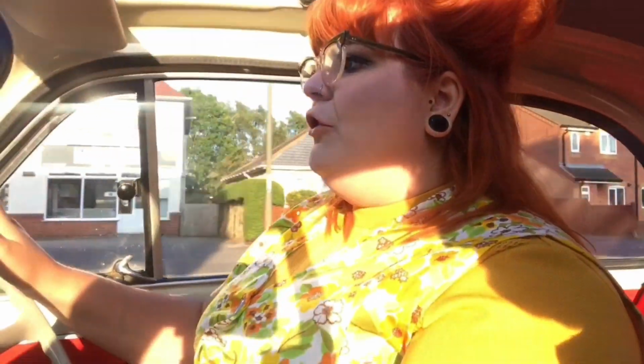I think if you were going on motorways every day like me, you wouldn't want to take one of these out, because whilst it is very nippy around town, I wouldn't fancy my chances on the M1, especially now they've taken the hard shoulder away. But yeah, if you've got a local job and you wanted a classic that you could drive every day, or you're retired and you're looking for a car to take to shows that it's not going to be difficult to